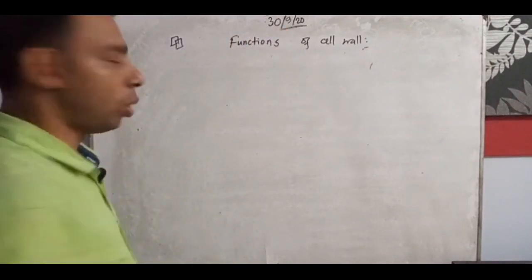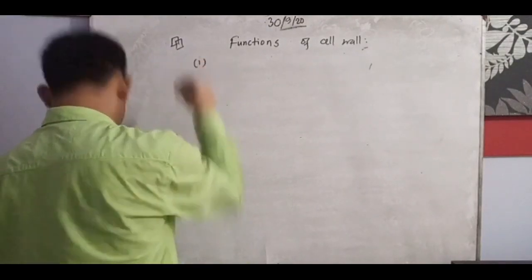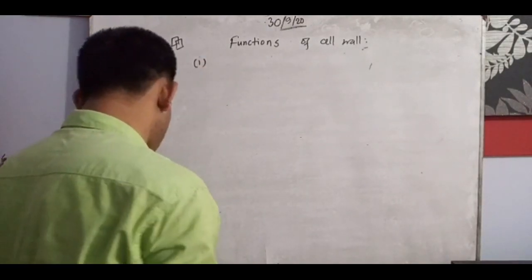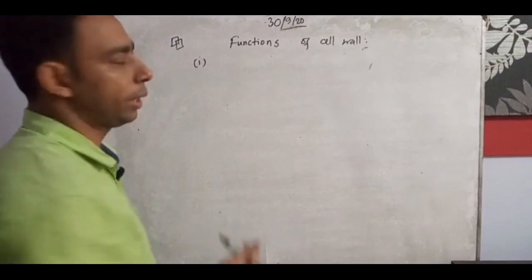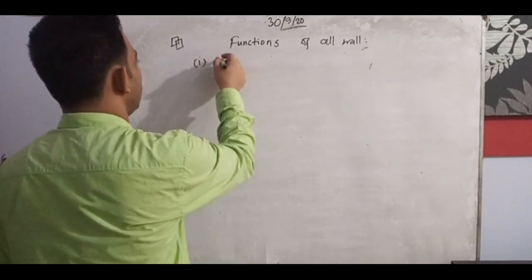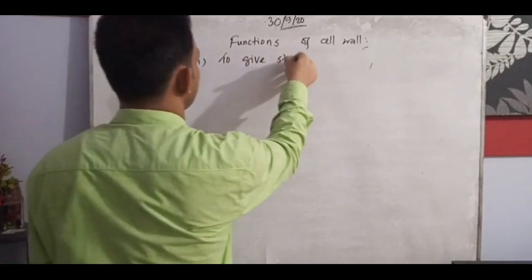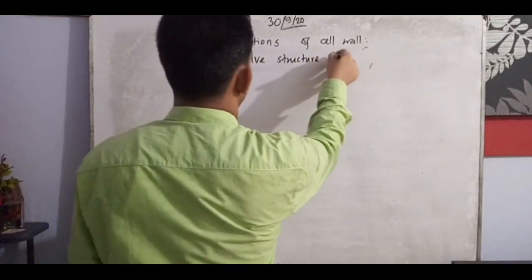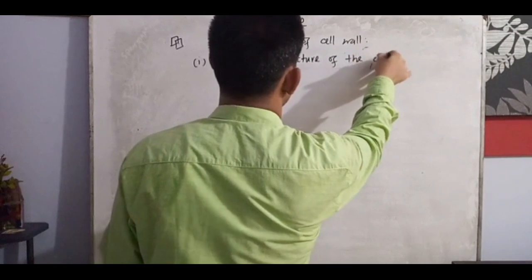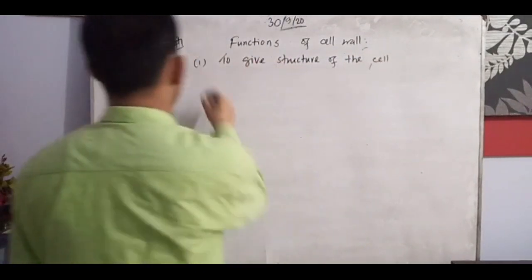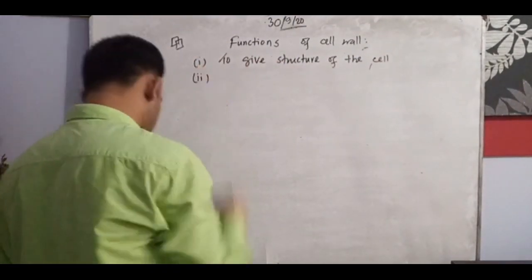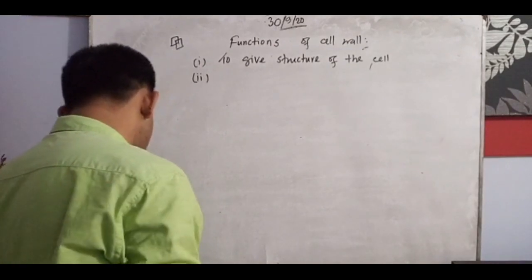We know the cell wall gives the structure of the cell. Number 2 after structure of the cell: